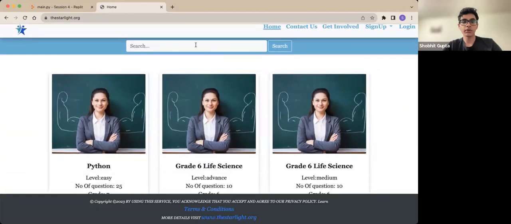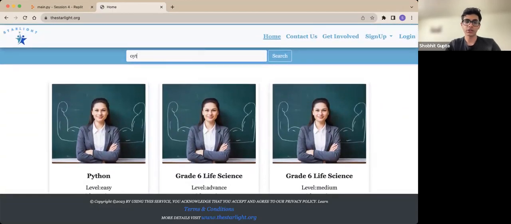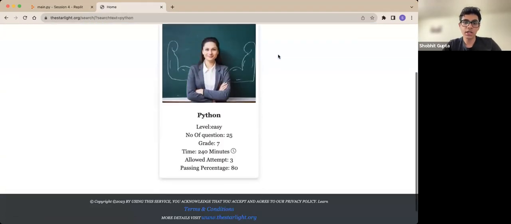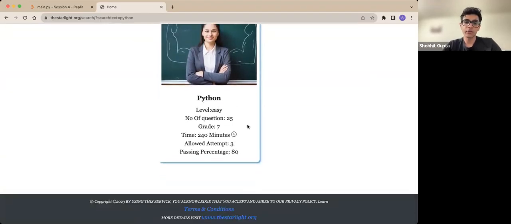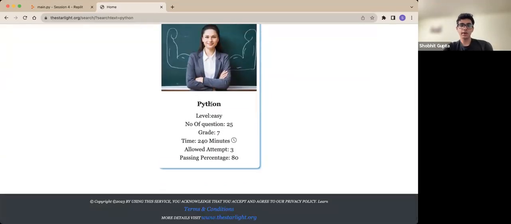The other way you guys can find the quiz is to search Python in the search bar. If you search up Python and hit search, there's gonna be only one Python quiz, and that's the one. So you guys can look over here just to make sure whenever you try the quiz, it's the correct one. It should be named Python, level easy, 25 questions. It's for middle school grades, but I just put 7 because it's kind of around there. So it's for grade 7. Time 240 minutes. But it shouldn't take you anywhere close to 4 hours. You should be done in